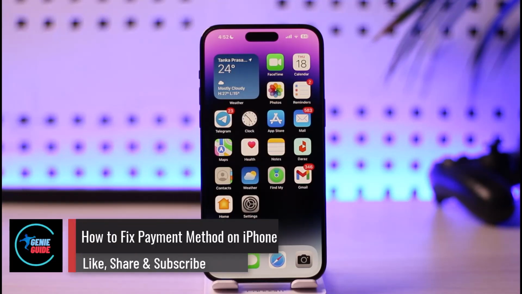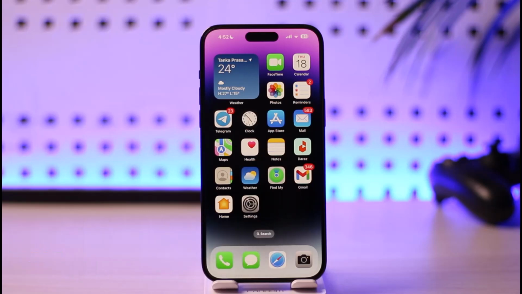In today's guide video, I'll simply guide you through the steps on how you can fix your payment method on iPhone, so make sure to watch the video till the end. To fix your payment method, all you have to do is delete the current one and add a new one,